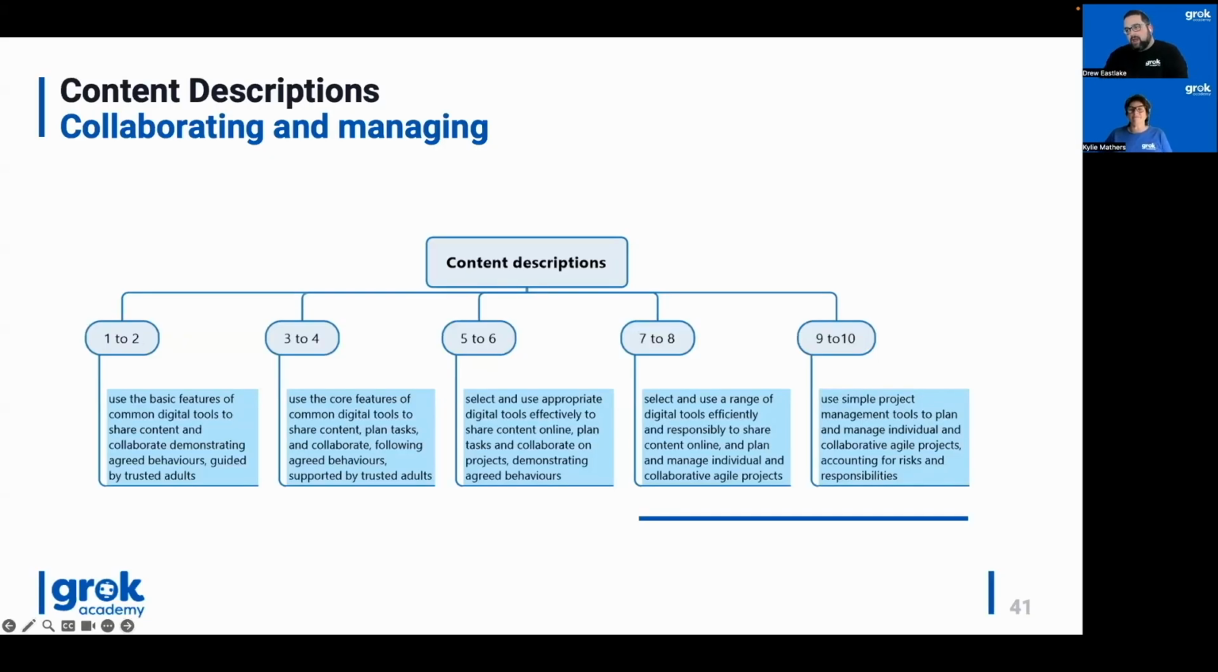So if we have a look at the content descriptions here, we can see: select and use a range of digital tools efficiently and responsibly to share content online, and plan and manage individual and collaborative agile projects. In 9 and 10, use simple project management tools to plan and manage individual and collaborative agile projects, accounting for risks and responsibilities. And there are, again, some words that you may not have seen before from version 8.4 coming up into version 9, particularly around agile, which we've hinted at and spoken to very briefly at the